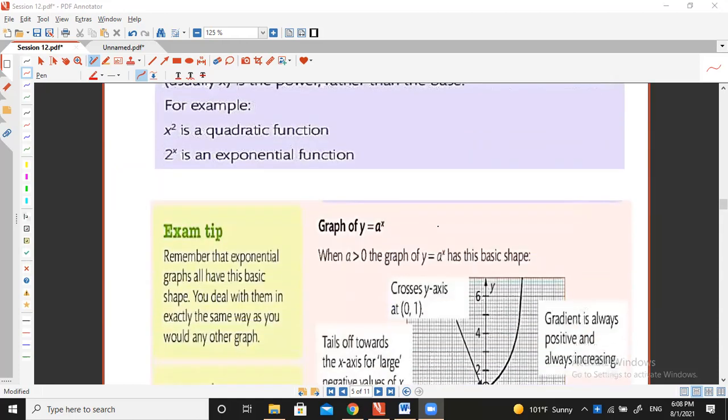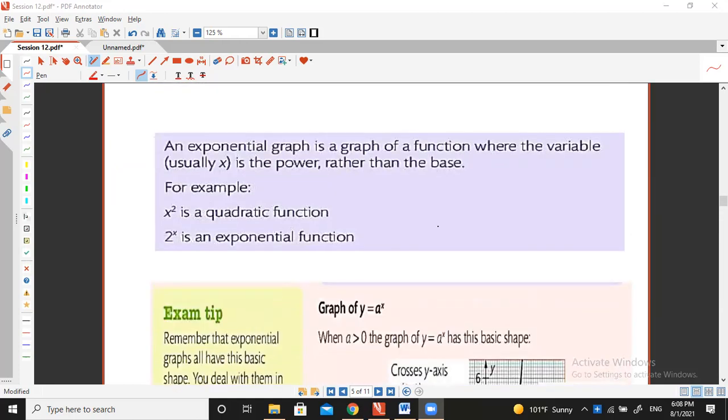طبعا الاكسبوننشال جراف هو الفانكشن اللي بيكون فيها الفاريبل هو الباور. يعني مثلا لما اقول x to the first power دي linear، لكن لو قلت 1 باور x دي exponential، لو قلت x squared دي quadratic، لكن لو قلت 2 to the x power هتبقى exponential. x cubed دي cube function، لكن لو قلت 3 to the x power هتبقى exponential. تمام؟